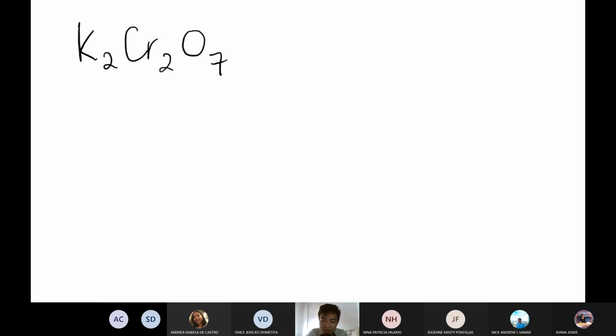So if you are familiar enough with your anions, you will know that Cr2O7 is an ion. Okay, this is the dichromate anion. Ibig sabihin, ang cation natin ay K and ang anion natin ay Cr2O7. Don't worry, nasa listahan naman yan ng ions. If you could still remember the lesson sa Gen Chem last sem. Pwede nyo hanapin yung table ng ions. So Cr2O7 is dichromate ion.